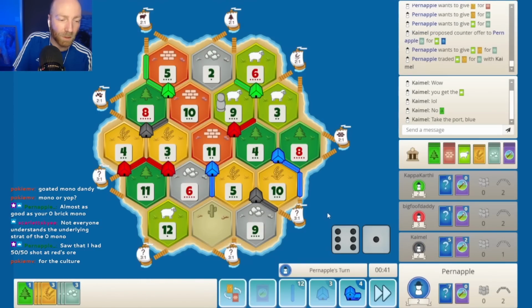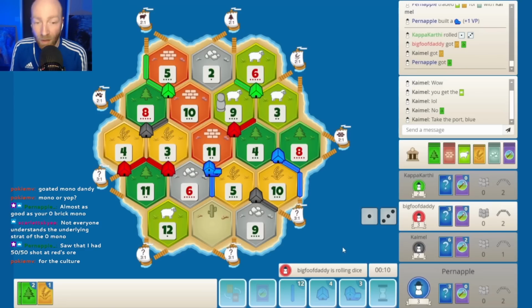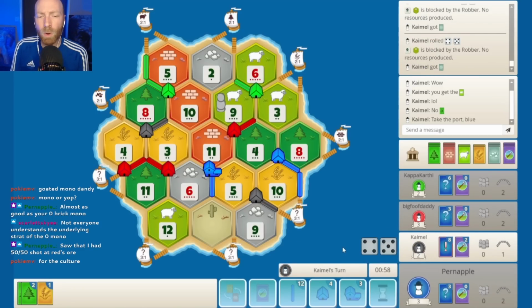All right, let's go back to regular programming here. So now we're doing great. If we can get an 11, and then we'll throw 2 cards at Mr. Green for the sheep. I don't know if I necessarily like the 9 block. Obviously, for Pern, he wants the sheep production out there, because eventually,